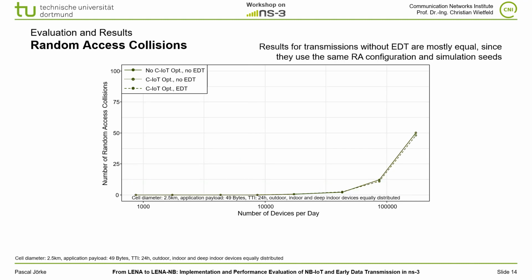When we take the number of random access collisions into account, we can see that very few random access collisions occur in cells with up to 10,000 devices, but they rapidly increase in the largest scenarios, which implies a saturation of the available random access windows. When a device fails the random access, it retries several times. Overloaded random access windows then lead to more and more random access retransmissions, which overload the random access windows even more. So for even better scalability, the random access parameterization needs to be optimized for small data transmissions.